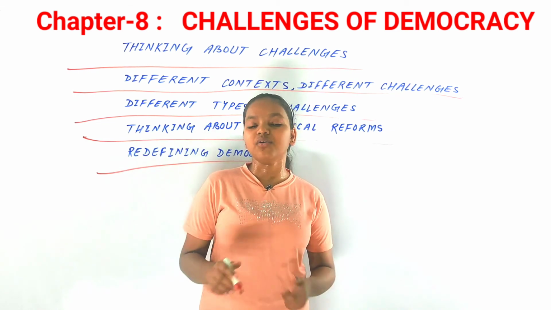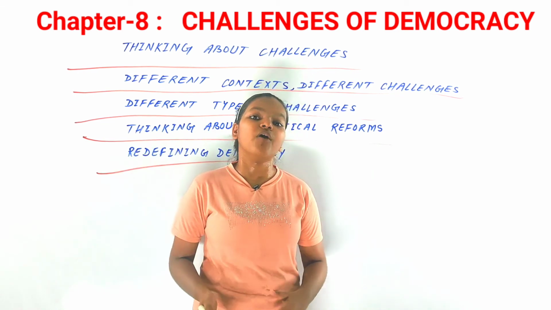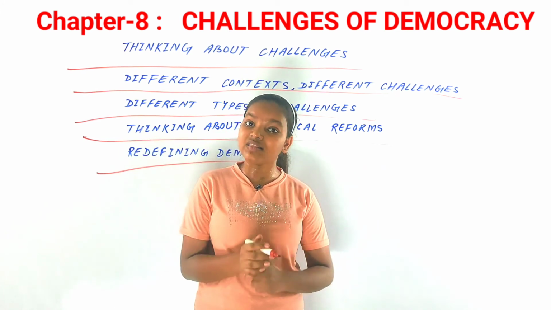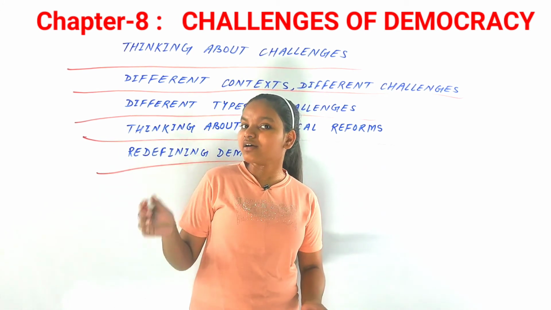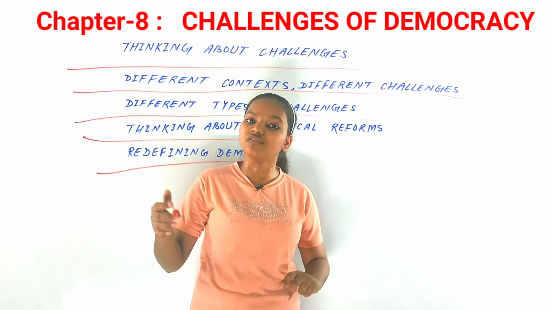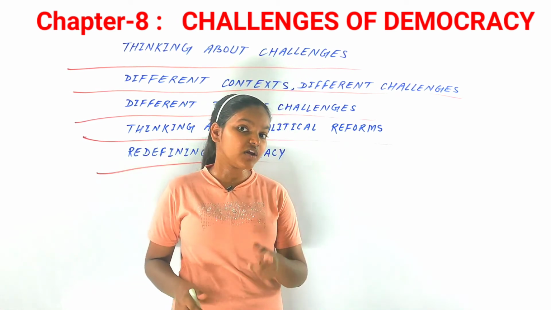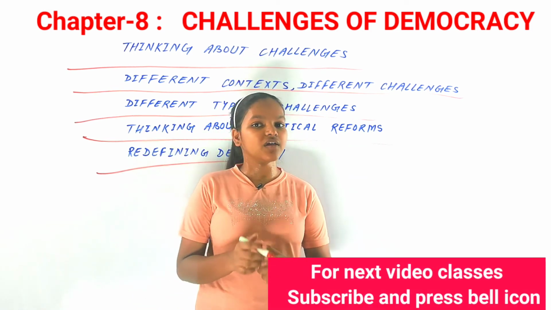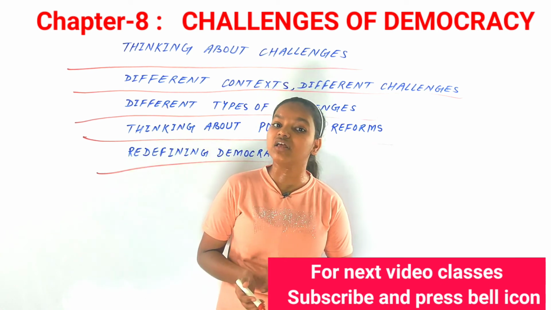But still, could you think of what the definition of a good democracy is? What should be done in a good democracy and what should not be done? That has to be done by yourself. You have to decide for yourself a good definition of democracy, your own recipe for political reforms. That is all we have discussed in this chapter.